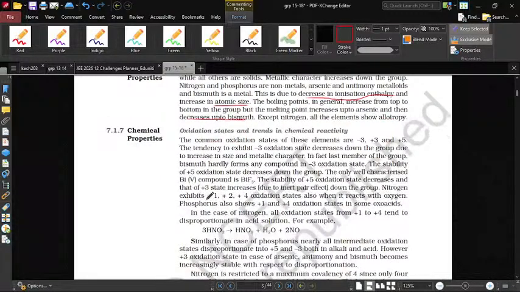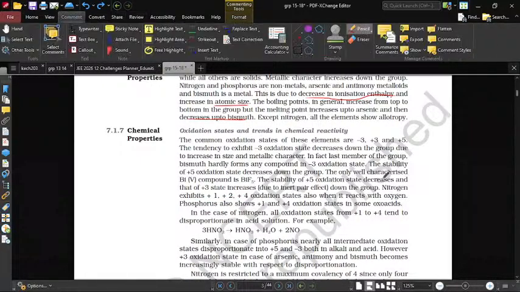Nitrogen exhibits +1, +2, and +4 oxidation states. Also, when it reacts with oxygen,